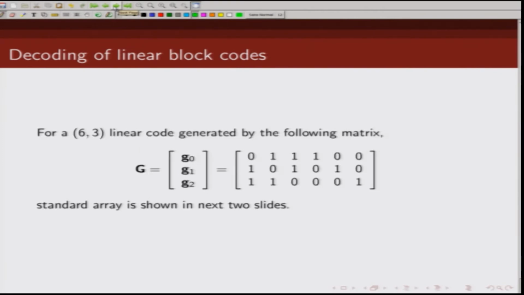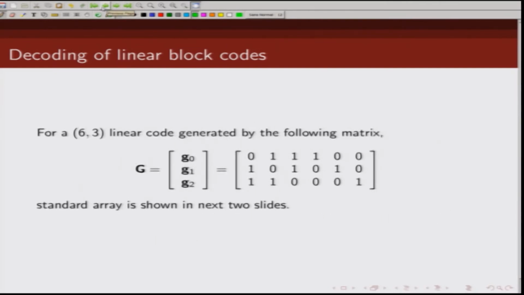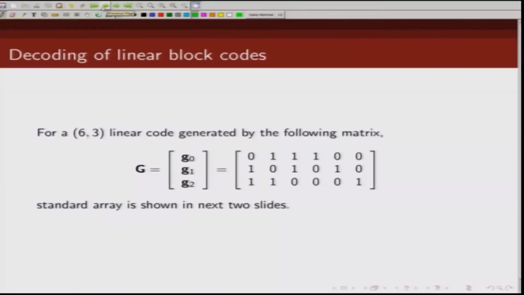So, let us look at a 6-3 linear block code whose generator matrix is given here. Now, how do I find its standard array? So, as I said, the first step involved is you need to write down all possible code words. Now, you have already been given the generator matrix for this code. So, you can find out what are the possible code words. You just have to do V is nothing but U times G. So, there are total 8 code words,